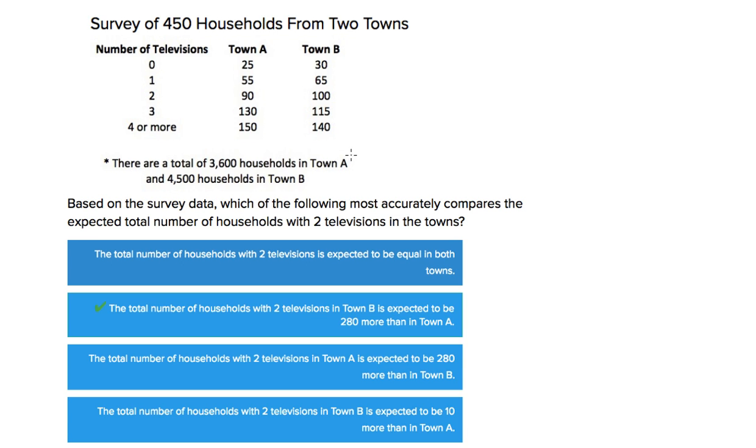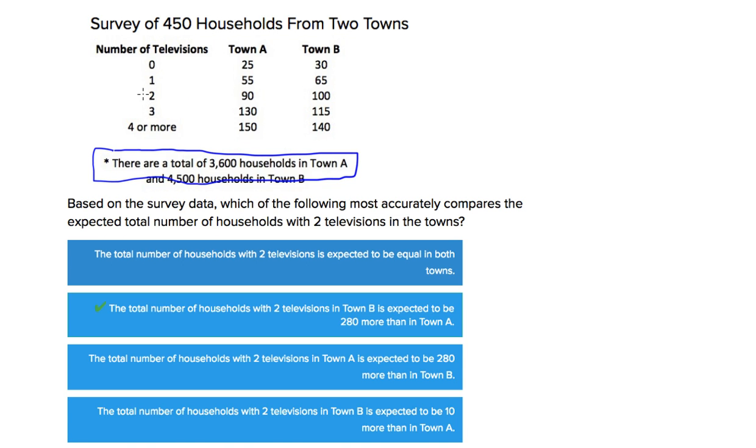So we're taking a sample size and applying it to a population size. That's what we're doing here. As an example, we didn't survey all of the people, so we don't know exactly how many, but we're going to take this data and extrapolate out to figure out how many we think, based off of this percentage, the entire town will actually have. One really important thing to note here is that Town B has 900 more people than Town